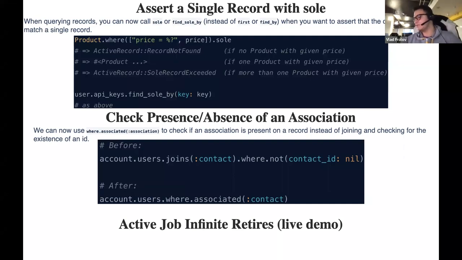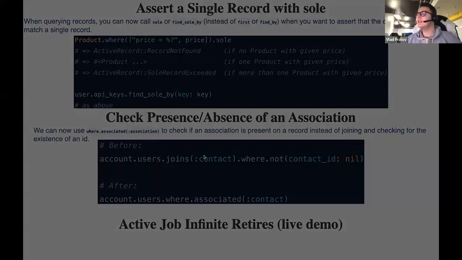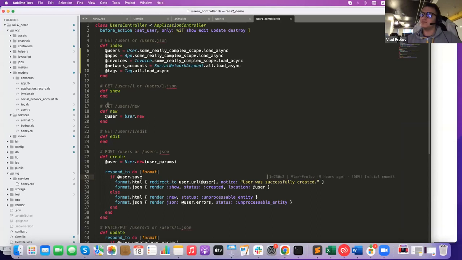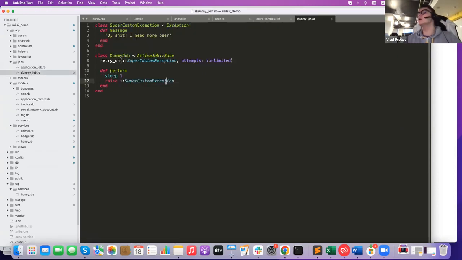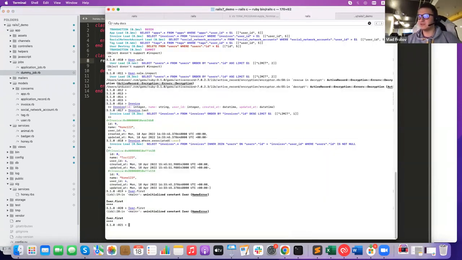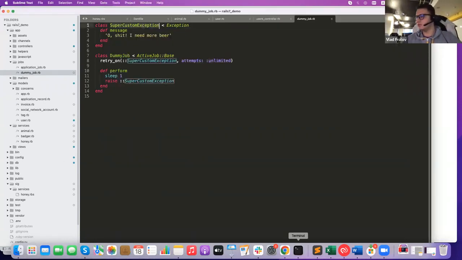Yeah, Active Job infinite retries live demo. That's a really new concept of how we can retry our jobs. If we look at our example dummy job, for example, super custom exception we have, and in our job, this exception can be raised. We can retry on this exception and specify attempts unlimited. It means if I try to run this job now,